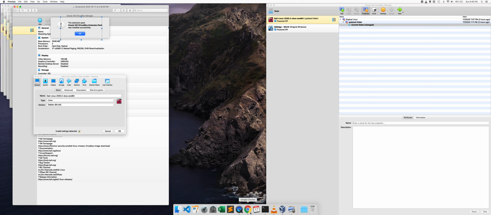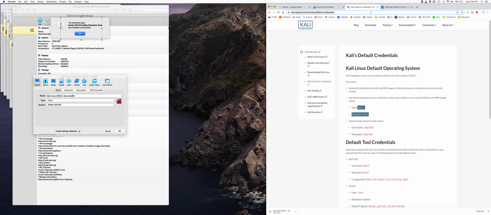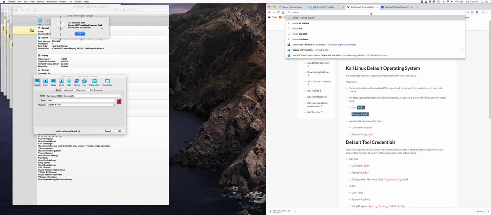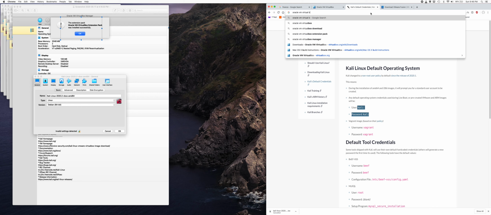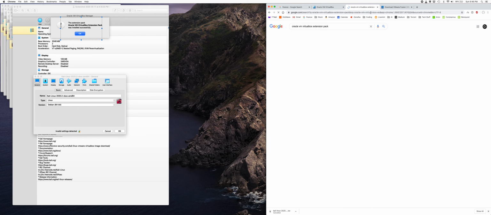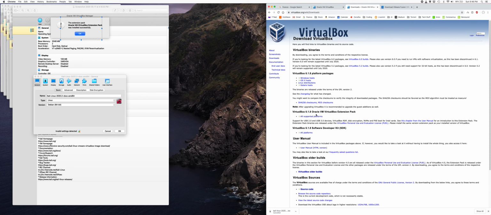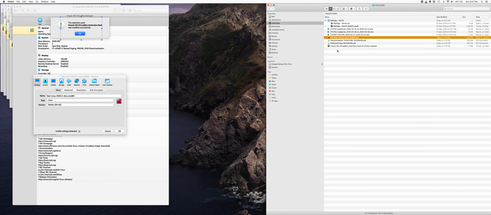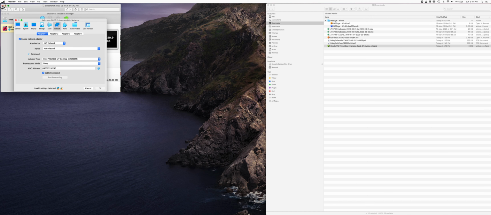Just go here, type Oracle VM VirtualBox extension pack. You will get the extension pack here. Go here, all supported platforms. Download this. When you download it, you will get it here like this. Double click, install. Finito. Everything is fine.